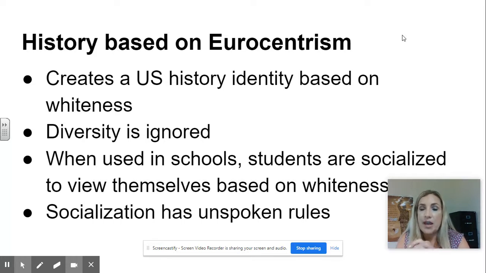You also learn that this history is used by schools, and it actually socializes people into the concept of what is white, and what is white based on who they are, which has huge psychological impacts on people. And socialization has these unspoken rules that we don't talk about in society. An example of this would be